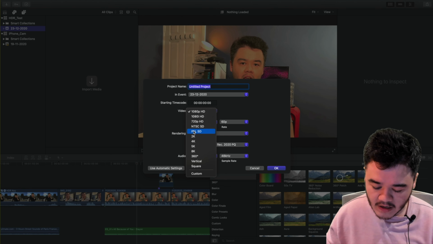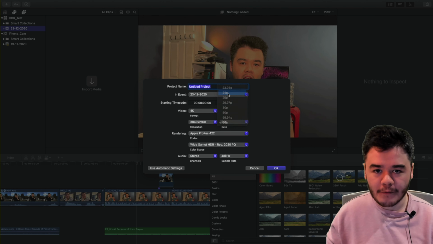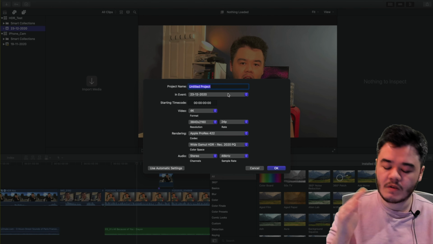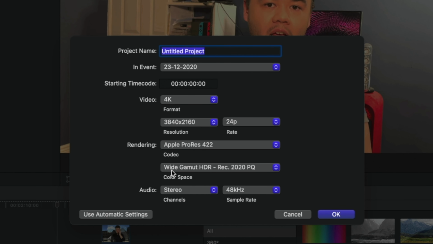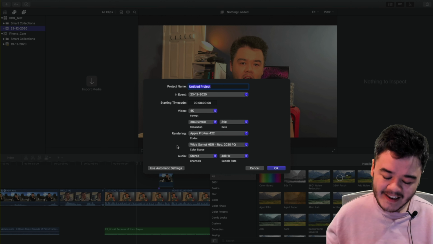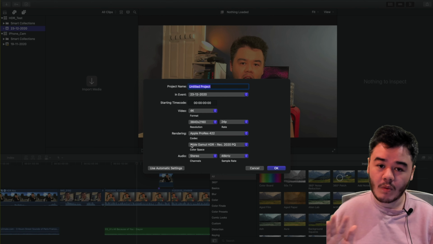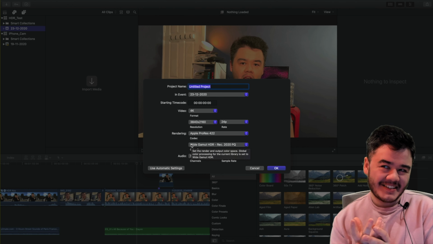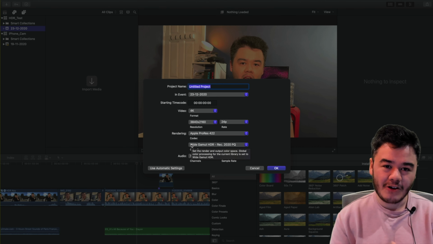So if you're recording on an iPhone 12, you're recording at 4K and most likely at 24 frames a second, although please adjust this to whatever you wish. This is the important setting. It's your color space. I actually think a lot of the appeal of this iPhone 12, and what's been blowing people away when they're trying to make these HDR videos, actually isn't the HDR itself. I actually think people are just being impressed by the color space.